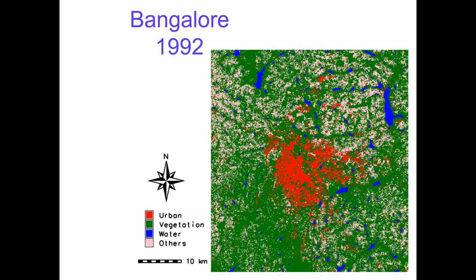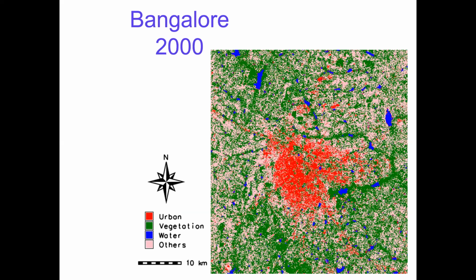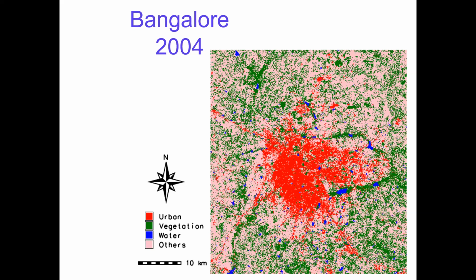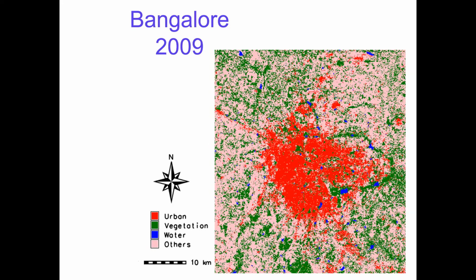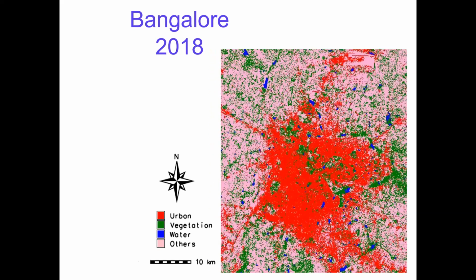Now you can see how the city has been growing in different directions across the years. In 92, in 2000, in 2004. In 2004, you can see some of the roads like the Outer Ring Road, Old Madras Road and Hosur Road. They have come up. 2009, 2014, 2018. Obviously, we have some more data about 2022. Not much change because of the last 2 years, but now roads and highways are clearly visible, and we can see urban areas have expanded in all directions.